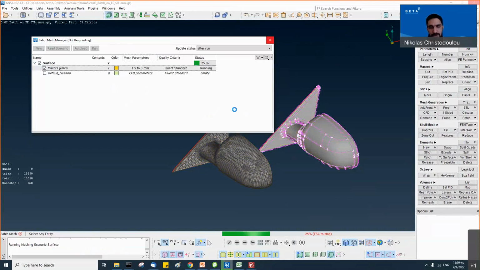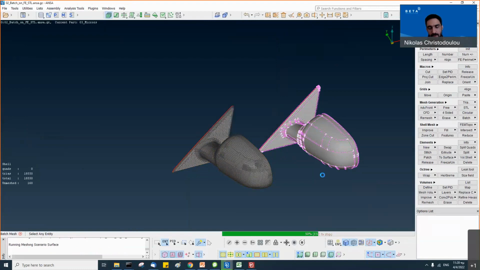Let's give it a couple of seconds. And the end result, you'll see, will be almost identical to the CAD surface. ANSA will do refinement on curvature and apply the CFD meshing rules on both models, even if they have so big a difference in their definition.